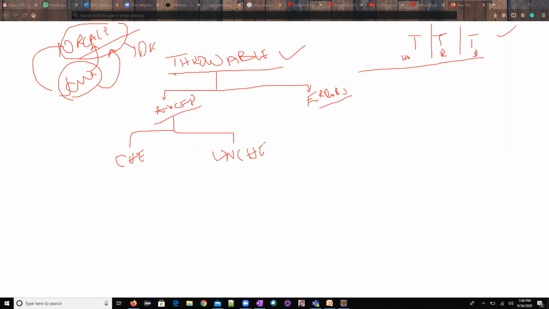Yes, there are many definitions on Google, but to have a simpler and easier understanding, you can follow this. Checked exceptions: for an example, you are going to a swimming pool. You'll keep all your swimwear. I need to wear my cap, I need to wear my goggles, I need to have the wet clothes, so you'll be making everything checked. And if you missed something, oh, I missed this, so this is what I missed.